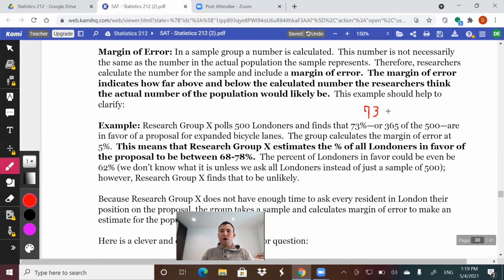Well, we don't know that 73% of the entire population would be in favor. We just know that 73% was what we got for the 500 people. So what we do is we calculate a margin of error. And don't worry, you don't need to calculate a margin of error. You just need to know what it represents. So if our margin of error is, let's say, 5%,